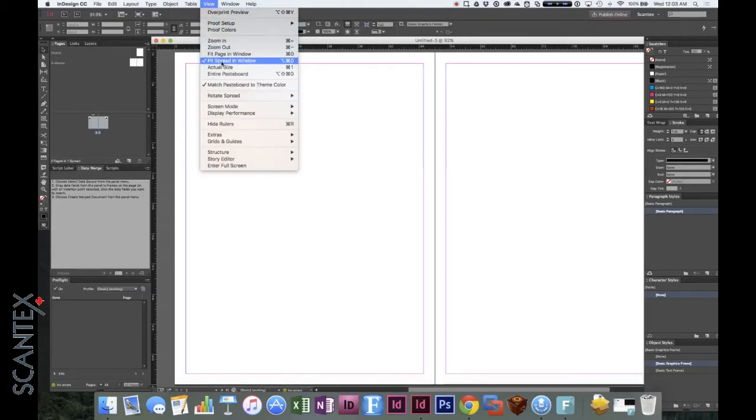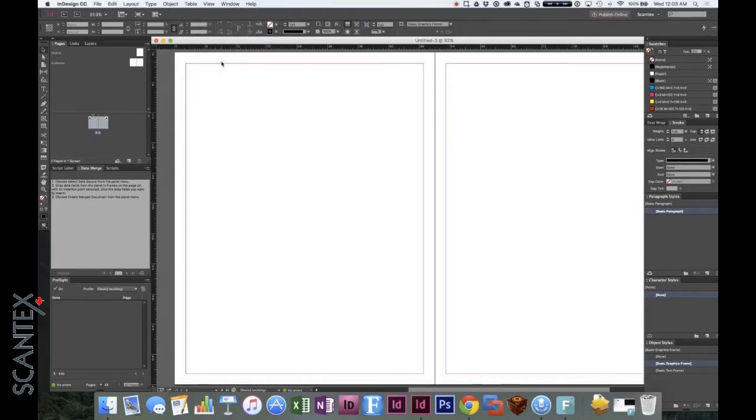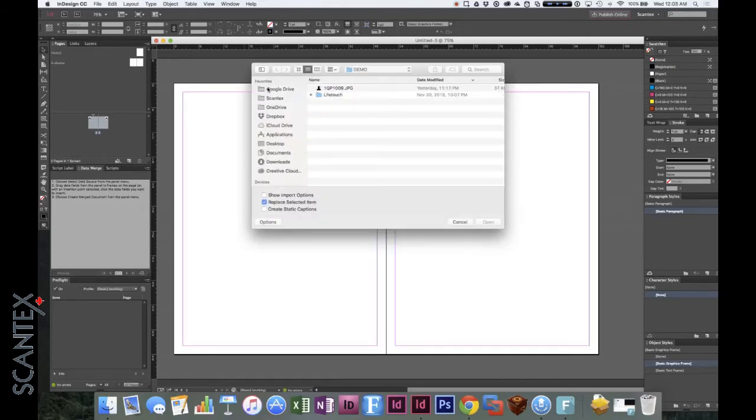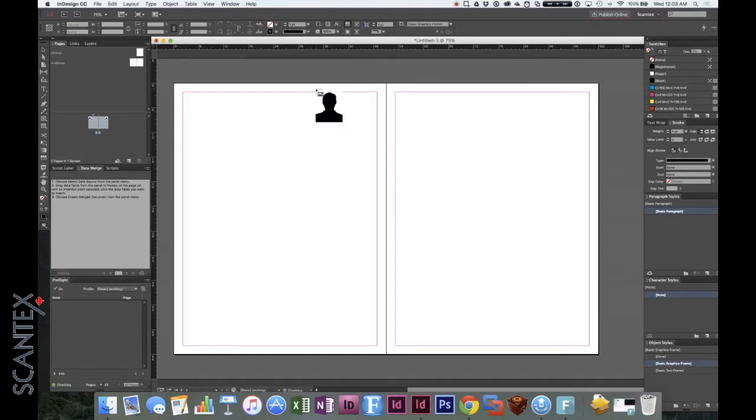and I'll just fit the spread in the window. There we go. And we can take a look at that, and now we can actually throw our image in and our text as an example. So we place an image, and we have a sample image that we can put up. We say OK, and this is at 100%,